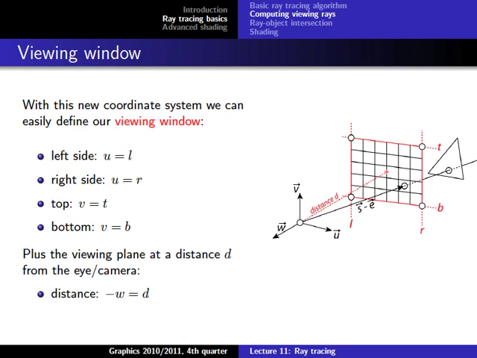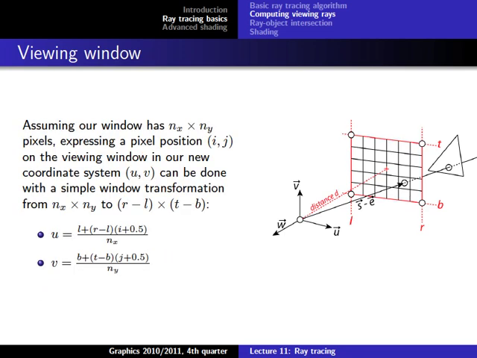and the view window. And if we have that, then we can map our window, which has, for example, the size nx and ny, to this viewing window by this following operation, which